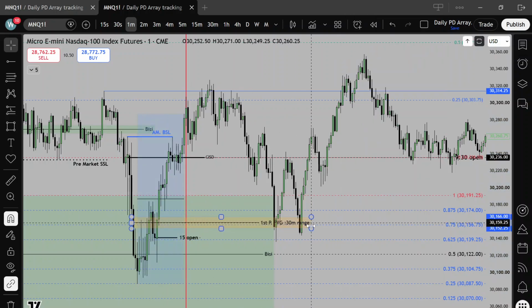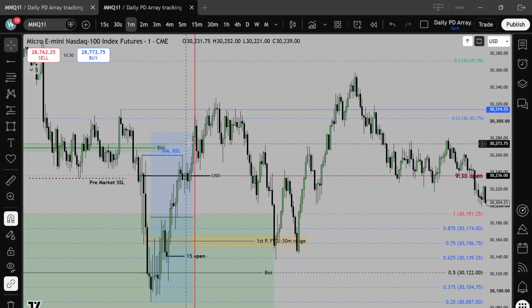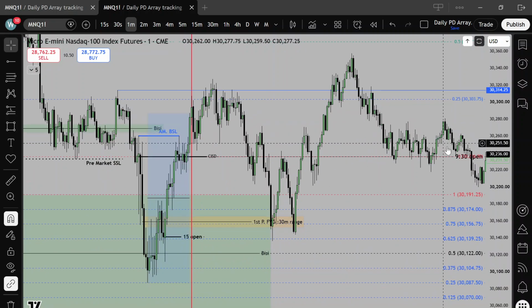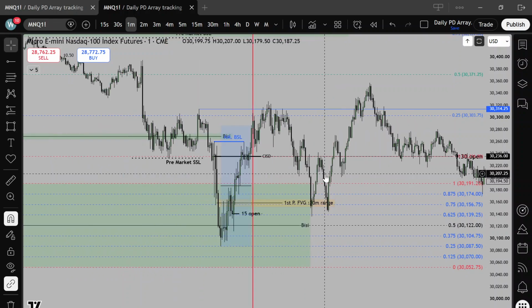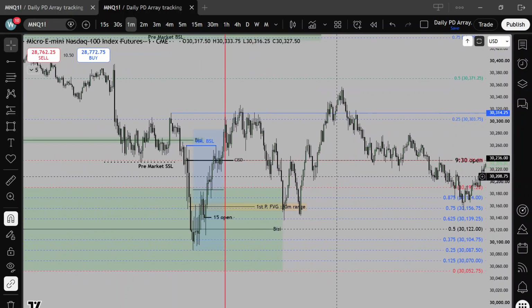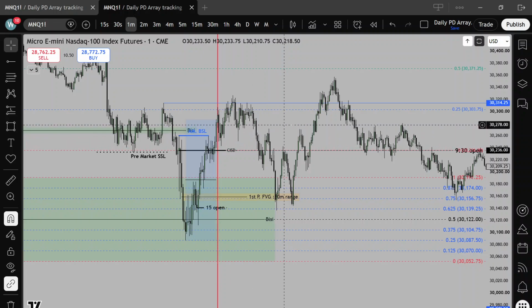Here's our first presented fair value gap. And so the minute 9:59 closes and 10 o'clock opens, from a liquidity perspective, without worrying about trying to hit home runs and just looking for setups that pay the bills, your first liquidity after 10 o'clock is going to be session highs and lows. So you're going to be looking at this high or this low of this opening range. So at 10 o'clock, it opens up and takes out the high of this as well as grabs this sell